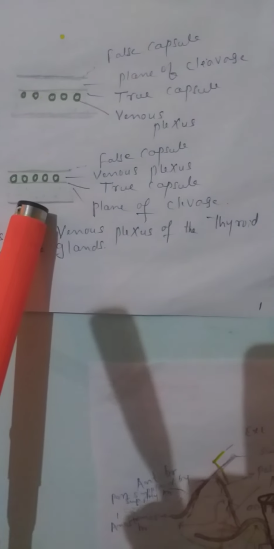To avoid hemorrhage, both capsules are removed during the thyroidectomy, but during the prostatectomy, both capsules are left behind to avoid the hemorrhage. See the difference: during the thyroidectomy, both capsules are removed to avoid bleeding; during the prostatectomy, the 2 capsules are left behind to avoid bleeding. That is the difference between thyroidectomy and prostatectomy.